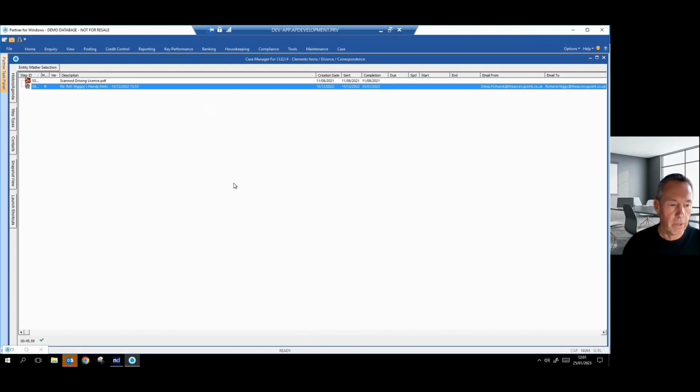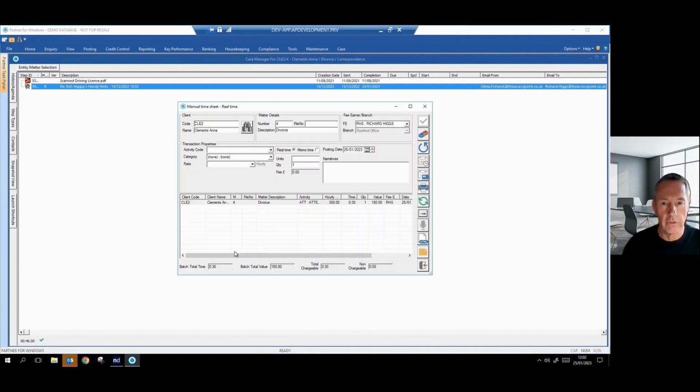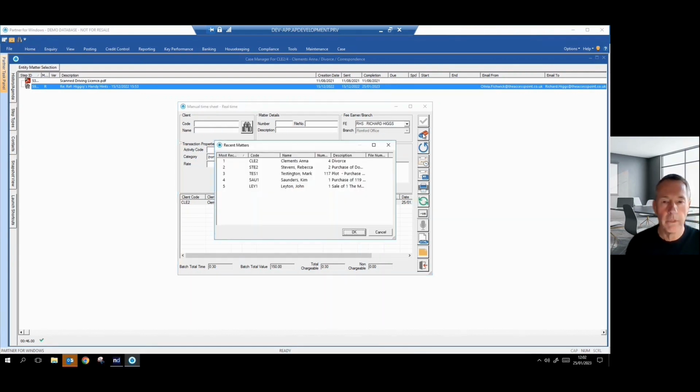F6, I would say, is probably one of the most valuable shortcuts in Partner for Windows. So again, let me just clear down the timesheet. F6 will call up your list of recently used matters. And if you think about your typical working day, you'll be going probably into a subset of matters that are most current, most active at any one time. So F6 is invaluable, and certainly one that I used all the time when I was using Partner for Windows